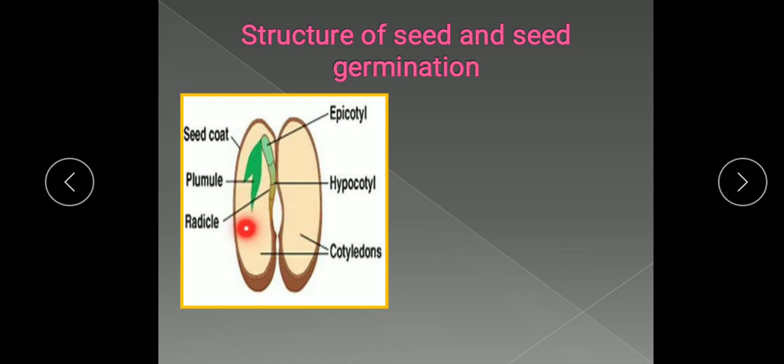There are two cotyledons in dicots and one cotyledon in monocots. You can see these two parts, they are the cotyledons. This is a dicot seed, and in monocot seeds there is only one cotyledon. As the seed matures, you can see the outer covering of the seed, known as the seed coat. This is the epicotyl, and this region is the hypocotyl. The upper region, above the cotyledon, is the epicotyl, and the region below the cotyledon is the hypocotyl. As the seed matures, it hardens and dries, enabling it to survive in